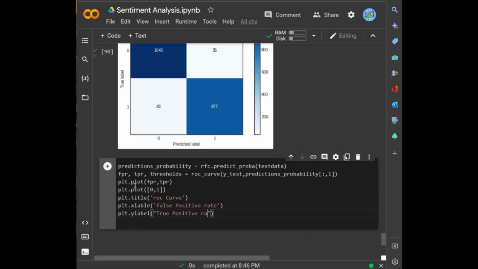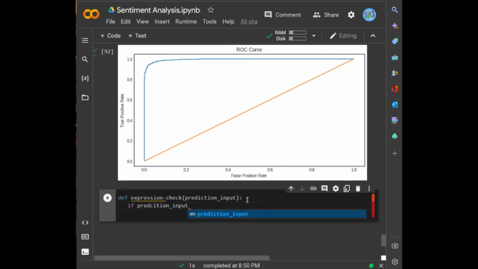Prediction_input. If prediction_input double equals 0, we have to print that the input statement has negative sentiment,